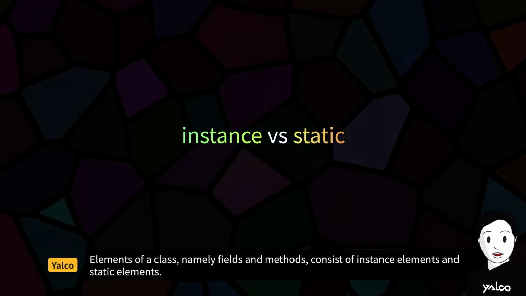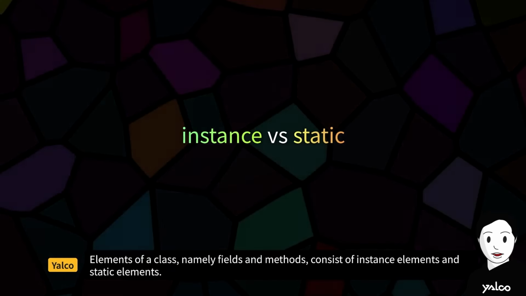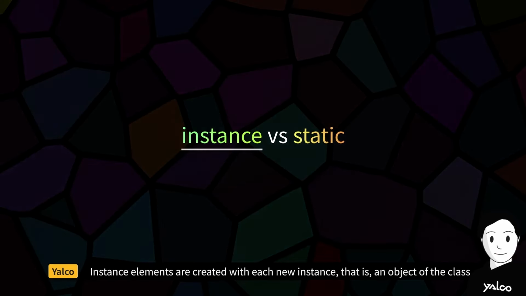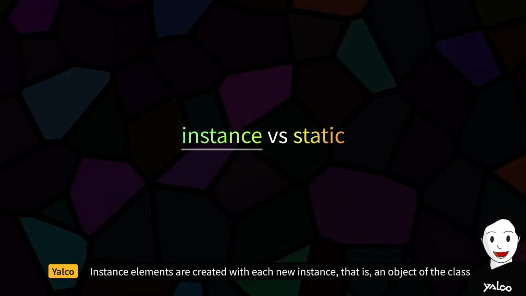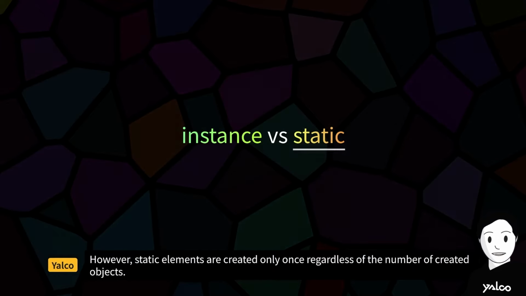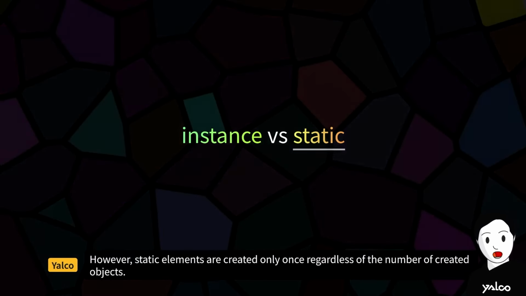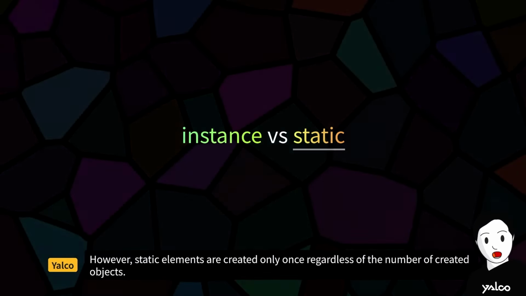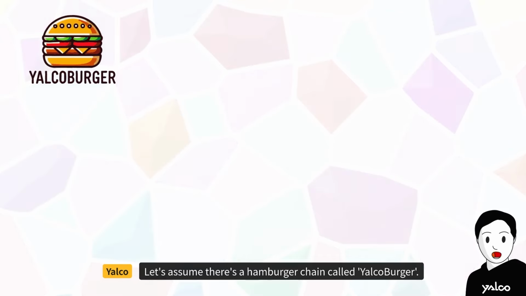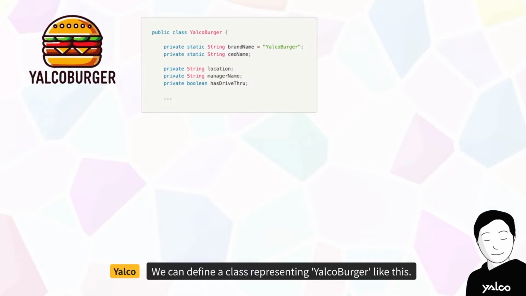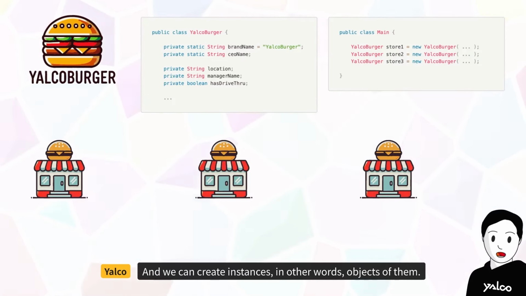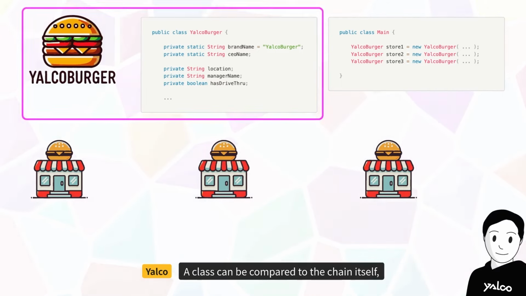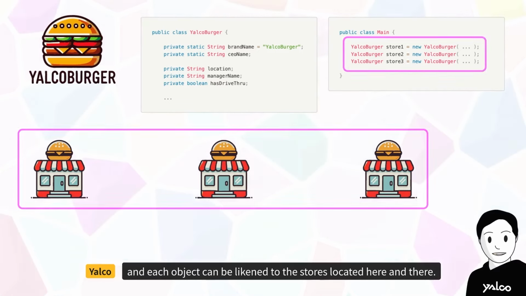Elements of a class, namely fields and methods, consist of instance elements and static elements. Instance elements are created with each new instance, that is, an object of the class, and they take up memory space. However, static elements are created only once, regardless of the number of created objects. Let's assume there's a hamburger chain called Jalkoburger. We can define a class representing Jalkoburger like this, and we can create instances, in other words, objects of them. A class can be compared to the chain itself, and each object can be likened to the stores located here